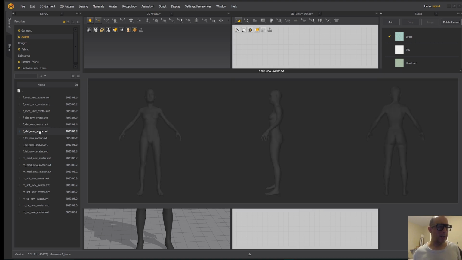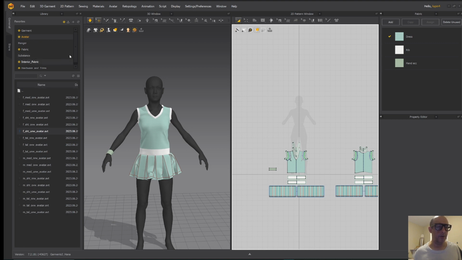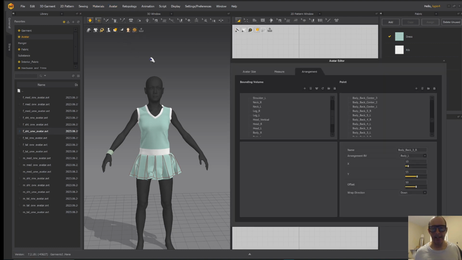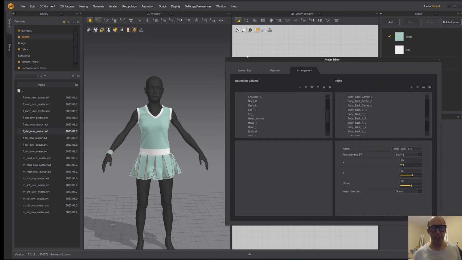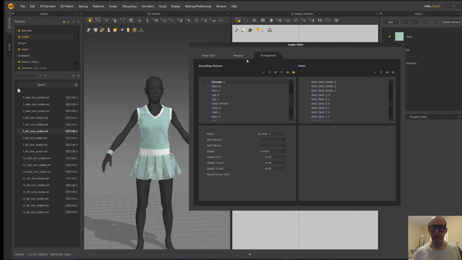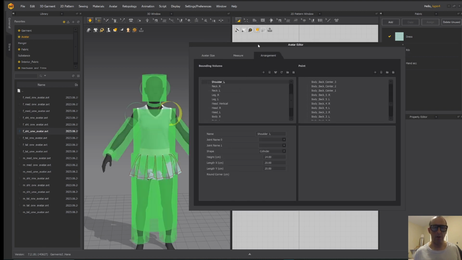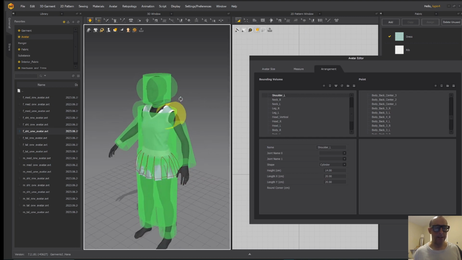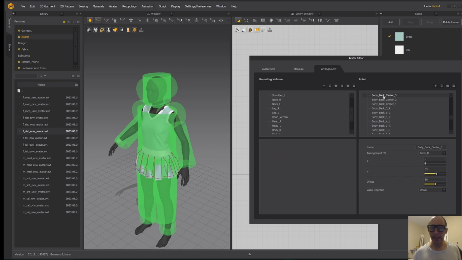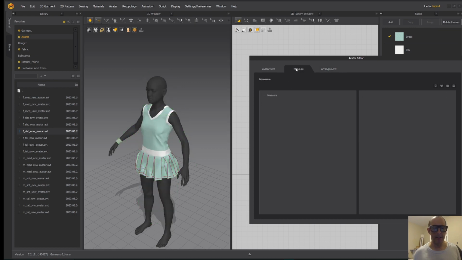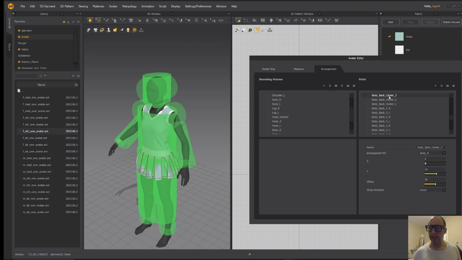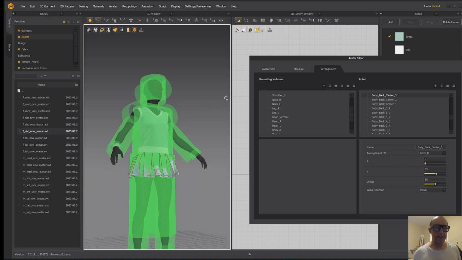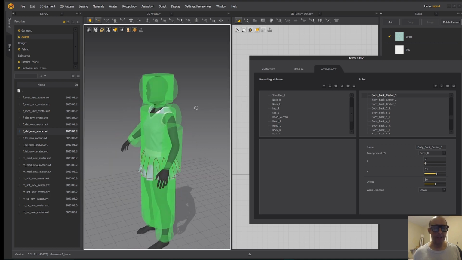Besides creating fitting suits for all of these in Marvelous, I also added arrangement points for each and every avatar. It doesn't always show, so you have to click on and off the tab there, but these are sort of bounding volumes, points that